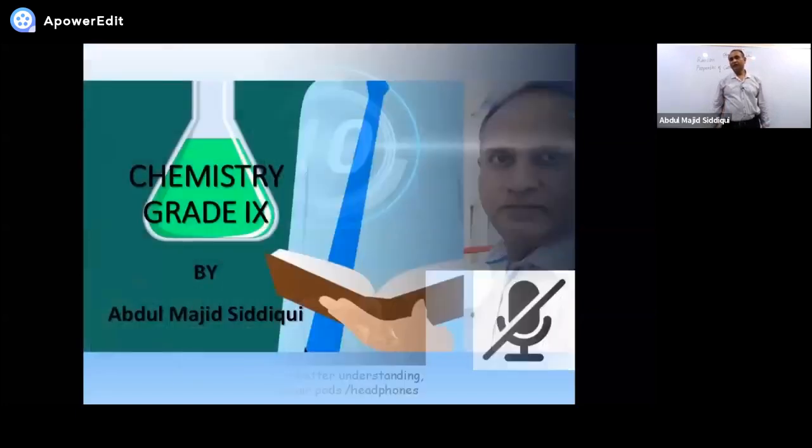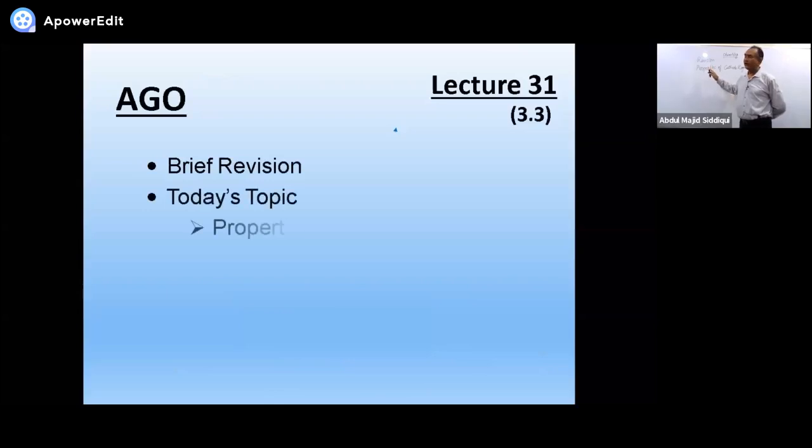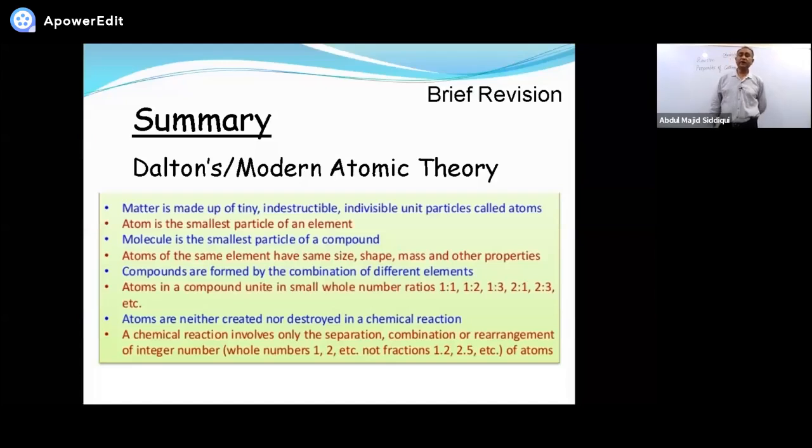Today you will be doing, as usual, first the revision, a brief revision, and then the properties of cathode rays. Short topic. What have we done? We have started chapter number 3, Dalton's atomic theory and the modern atomic theory. Both of these